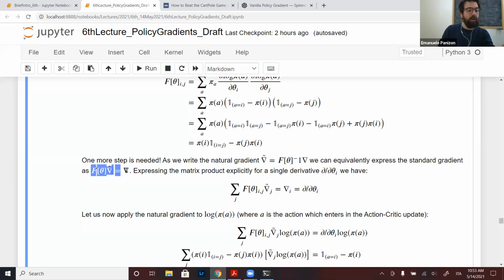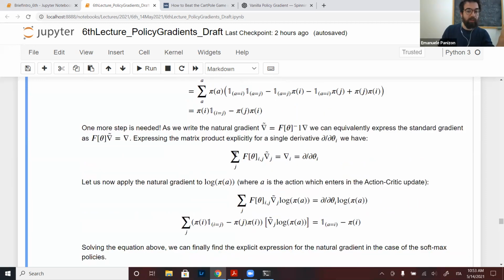So let's write this expression explicitly. In particular, since this is a vectorial expression, a matrix-vector product, I take only one term. So if on the right I take the term i, so the derivative over theta i, this is the standard gradient over parameter i. What I have on the left,